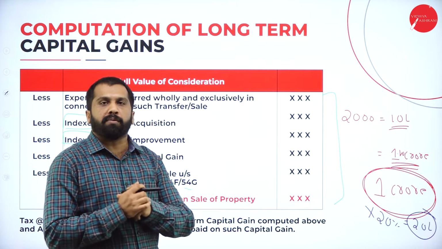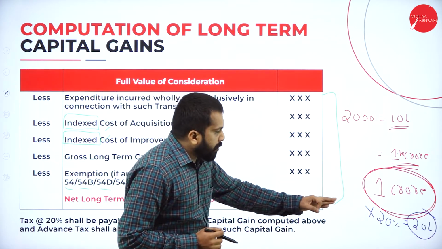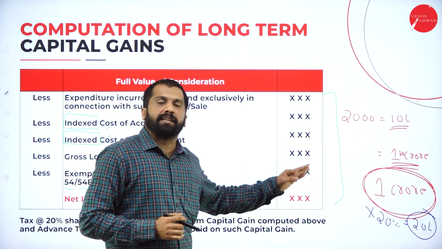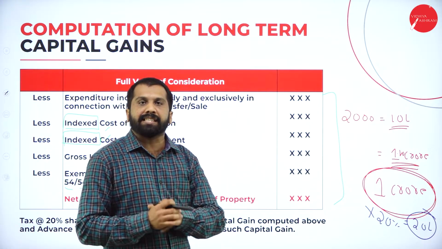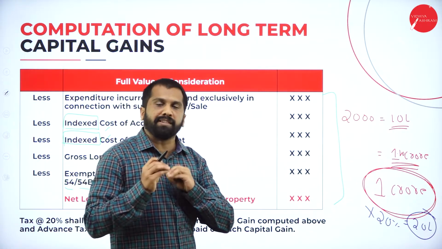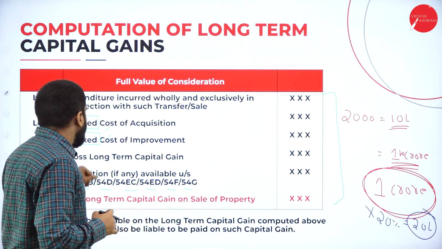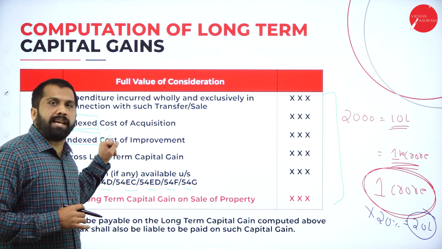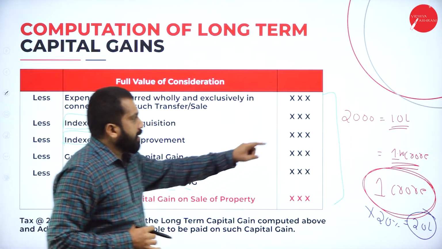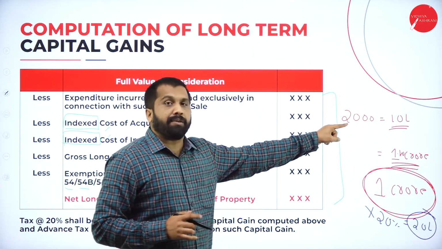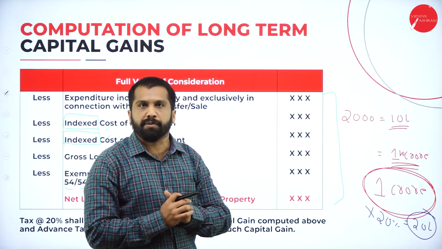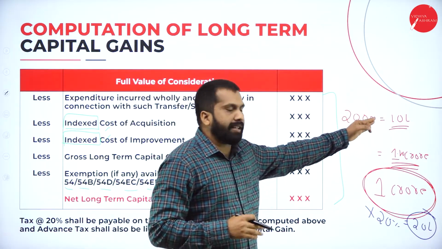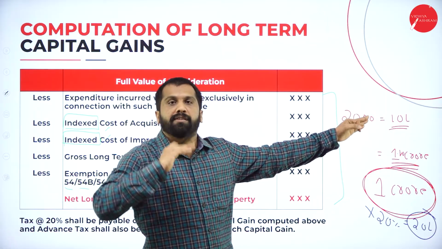Now, what has the government done to remove this? See, it is more than your cost price itself. That's why the government has given one scheme. What is that scheme? That is called the Indexation Scheme. Why? Because 20 years back, whatever you spent, 10 lakh at that time, that is a huge amount for you. That 10 lakh from 20 years back is now equal to around 50 to 60 lakh.